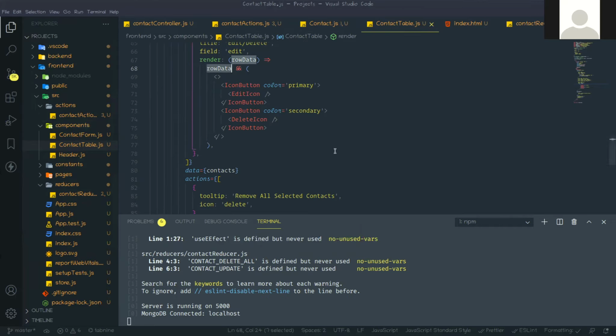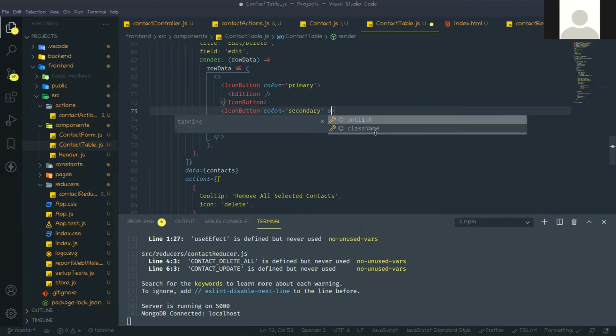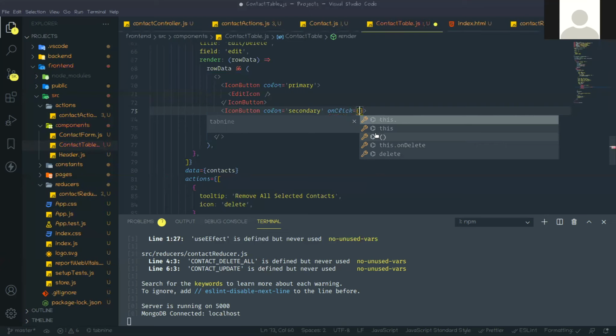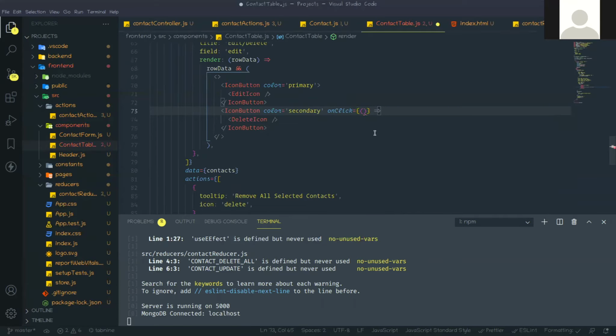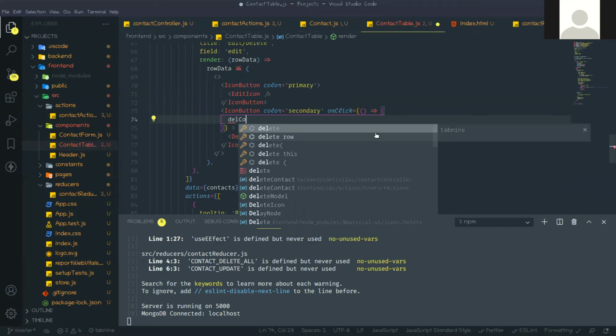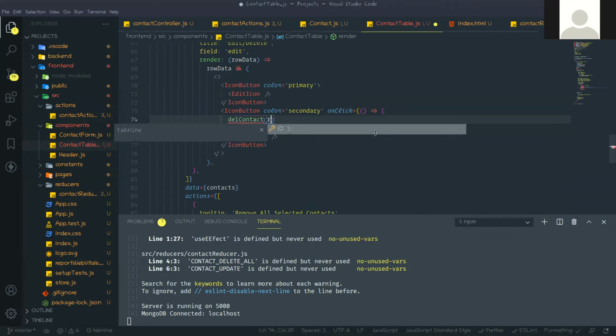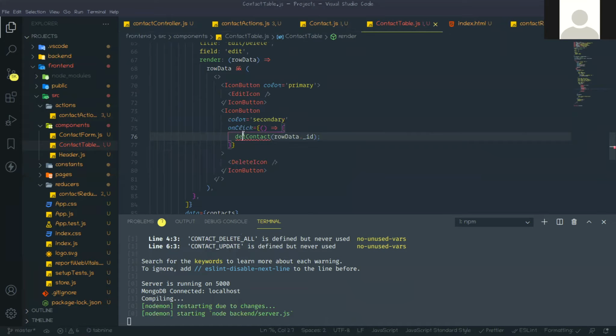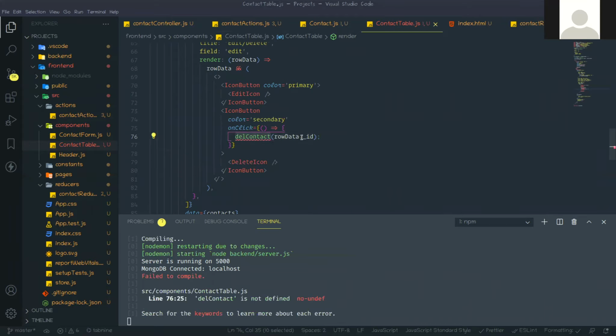So when onClick happens on this button, I will call one function, that is delete contact, with row data with that ID. So this method I need to create.